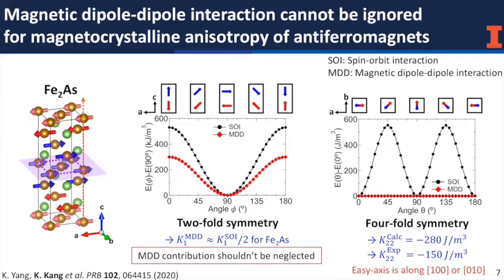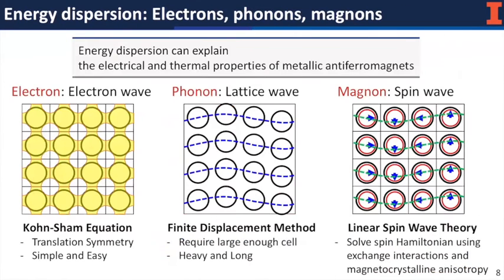And the calculated in-plane anisotropy coefficient, K22, is quite close to the measured value, although it is a very small energy barrier, which is close to the DFT accuracy limit. In conclusion, iron tri-arsenide has 3 spin layers with the antiferromagnetic configuration orienting along the 100 or the 010 direction from all the magnetic interaction calculations. Now we know the magnetic structure.